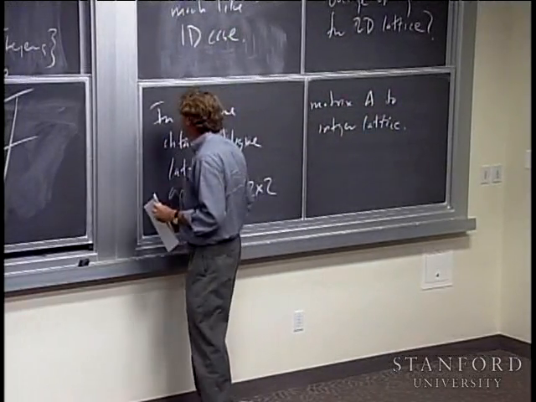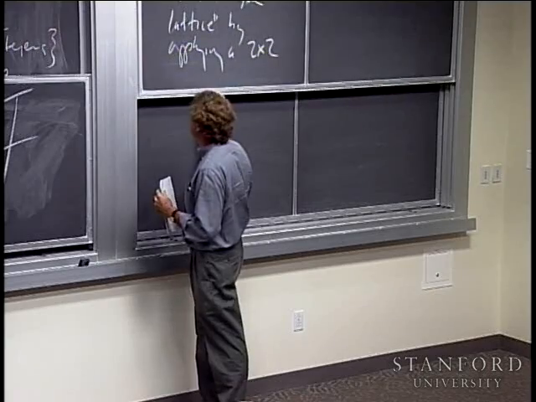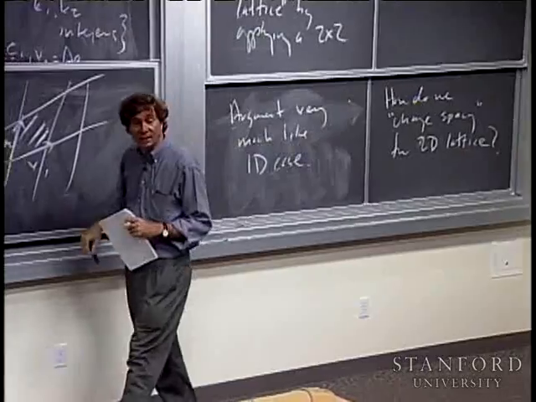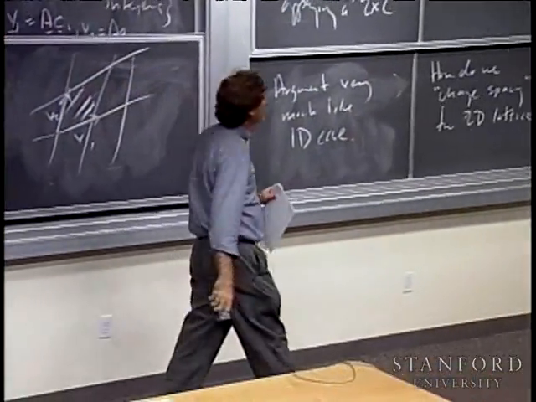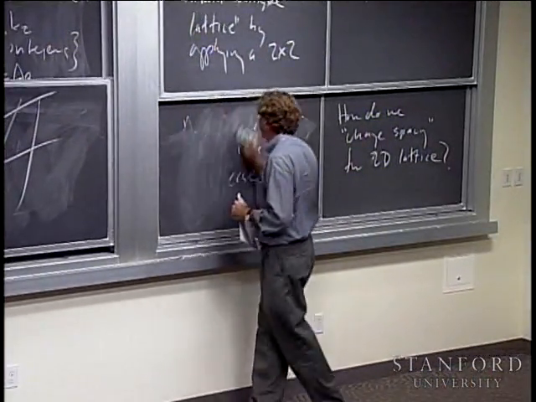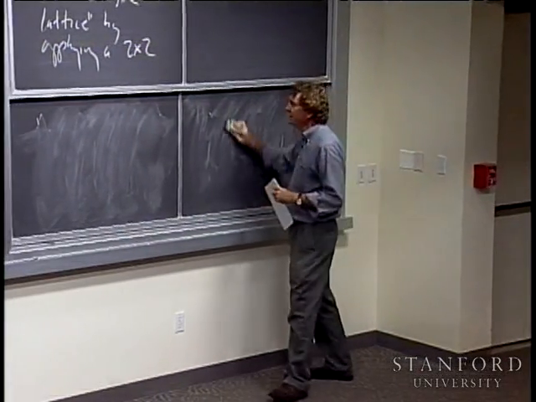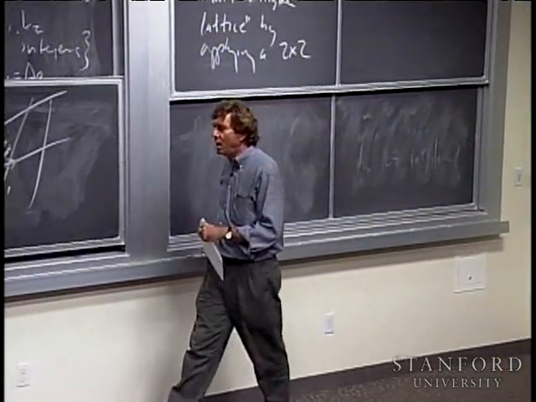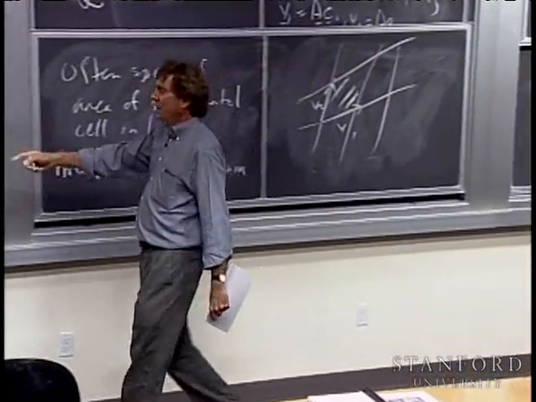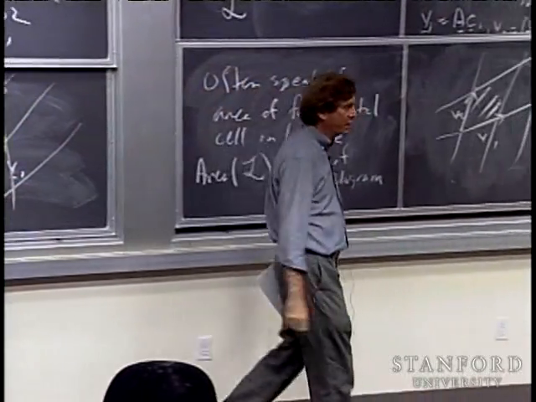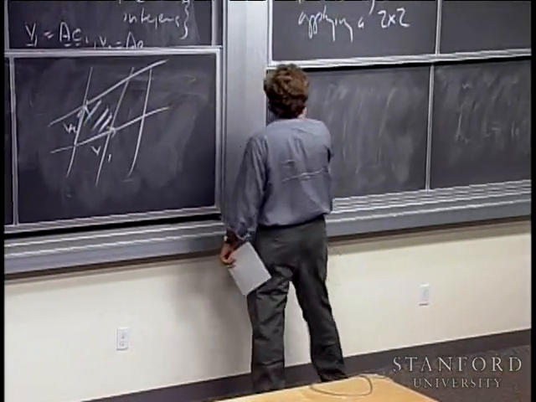so I wanted to introduce that. But the real thing I want to get to, of course, is what happens if we consider the Shah function for an oblique lattice and what is its Fourier transform. So again, considering the Shah function for an oblique lattice is like considering a model for a crystal where the underlying crystal structure is on an oblique lattice instead of on a square lattice. So we can consider,